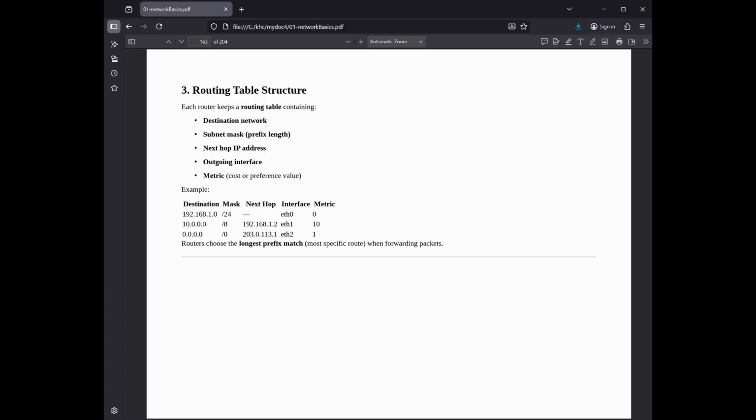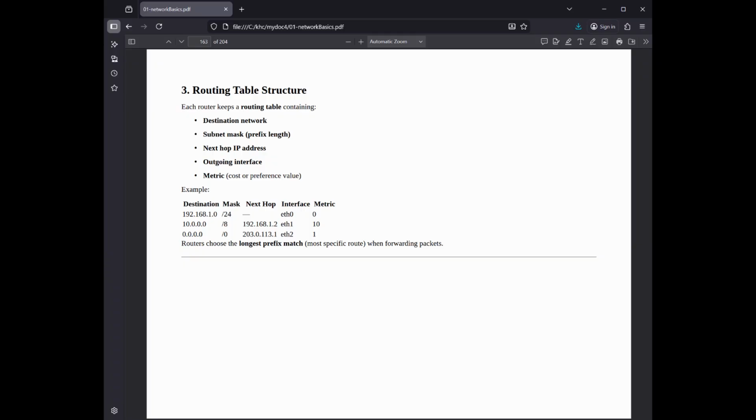4. Routing table, RIB, versus forwarding table, FIB. In high-performance routers, there is a clear separation between the brain and the engine. Routing information base, RIB, the master table containing all known routes and protocol-specific data. Forwarding information base, FIB, a streamlined subset of the RIB that is precompiled and often mirrored in specialized hardware, ASICs,